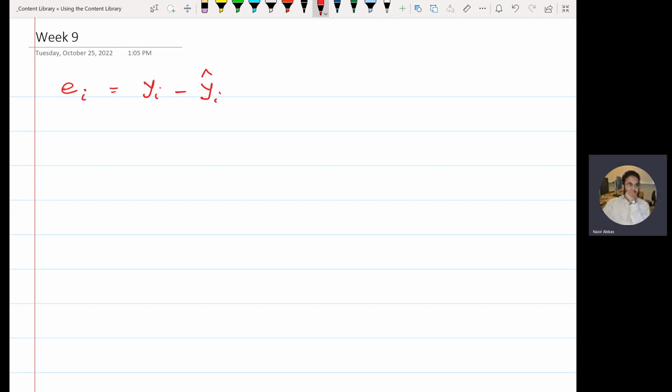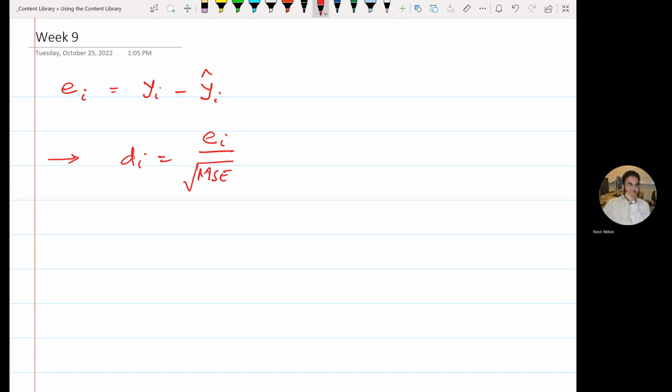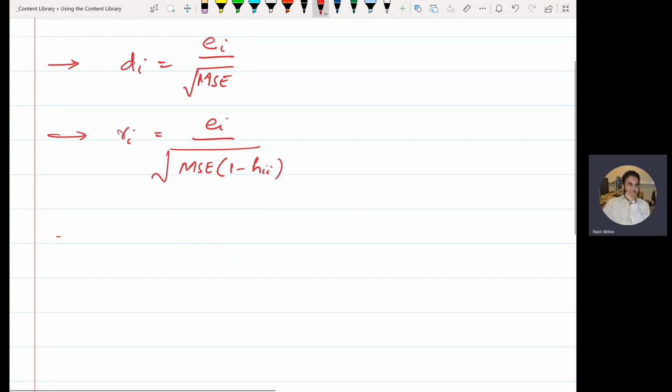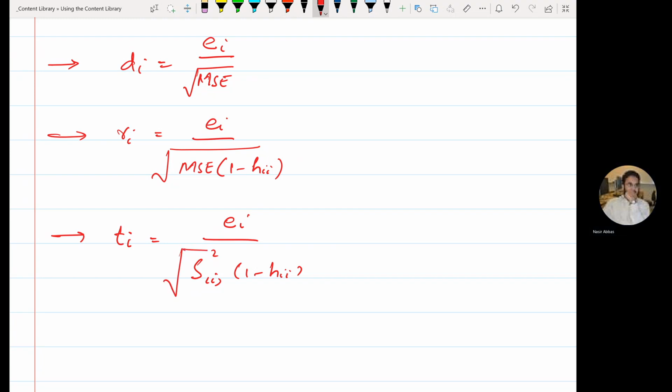And we defined three scaling methods for the residuals. One of them was DI, which is EI over the square root of MSE. The second one was RI, which was EI over the square root of MSE times 1 minus HII. And the third one was TI, and this was EI over the square root of deleted MSE times 1 minus HII,